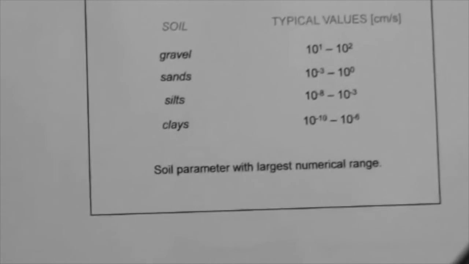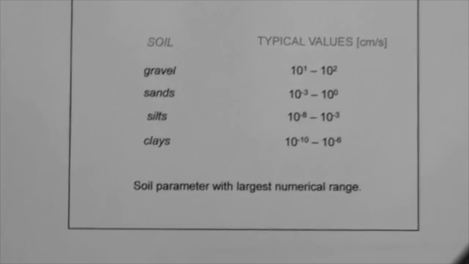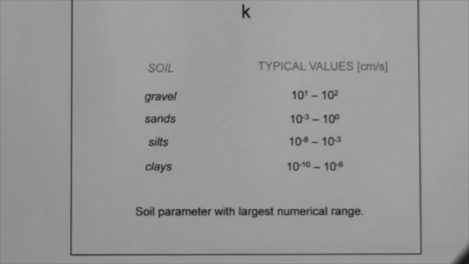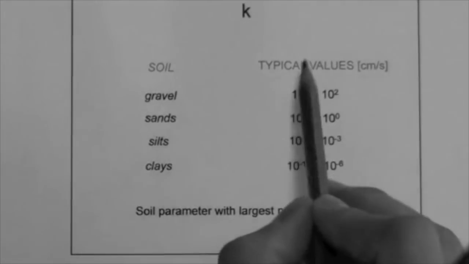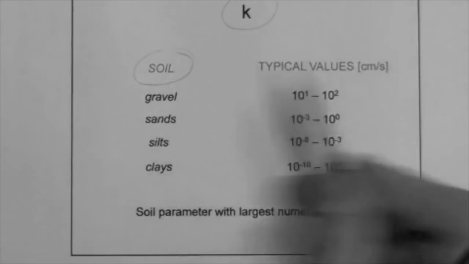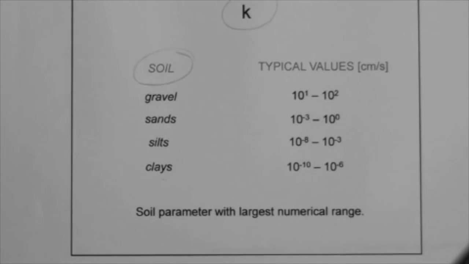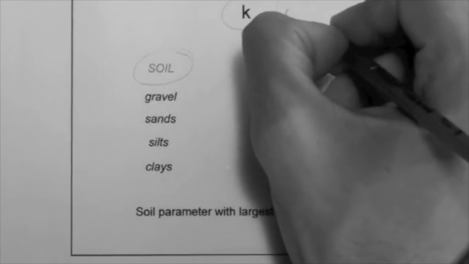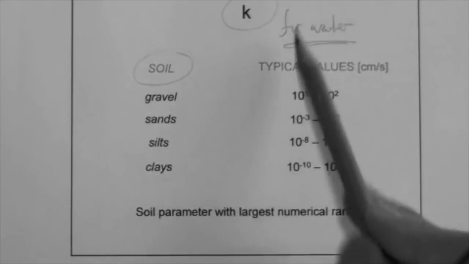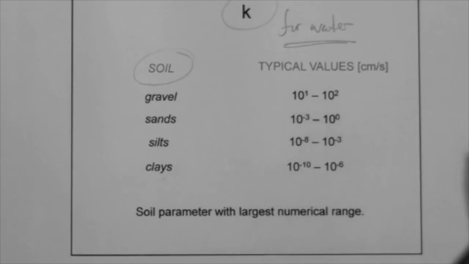Next, typical values, very important. In geotech, we always want to have in mind a toolbox of typical values for different parameters. Clearly, K depends on the soil. Now, we said before that it depends on the fluid. So this is K for water. These are typical values for the flow of water through soil, which is by far the most common case